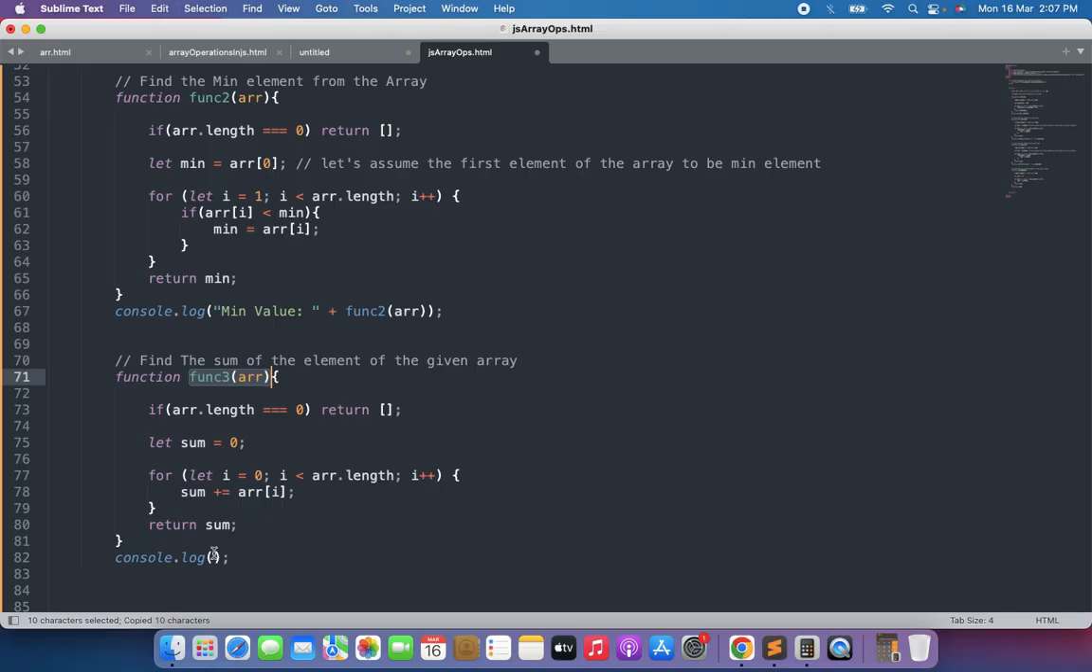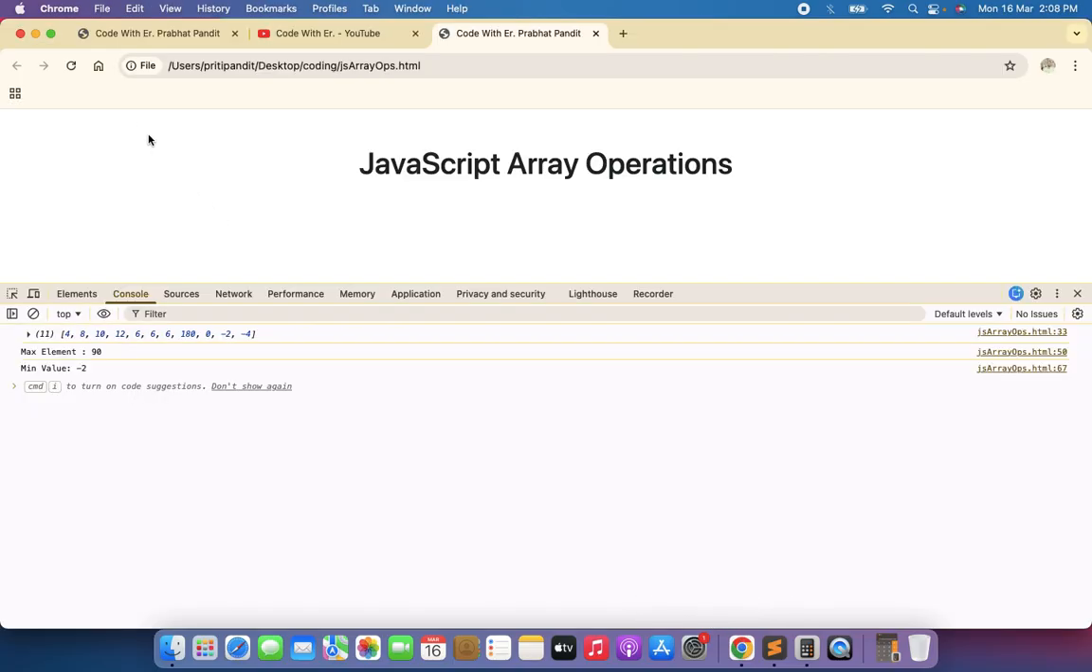So let me just say here, sum of the elements of the given array. Okay, so array, let's just give a plus and now paste it. As of now, just save the file and have a look in the browser. Now refresh this page. So here is the sum of all the elements of the given array is